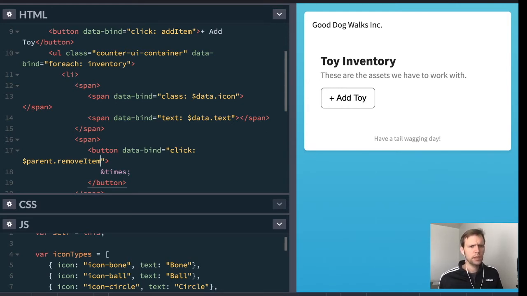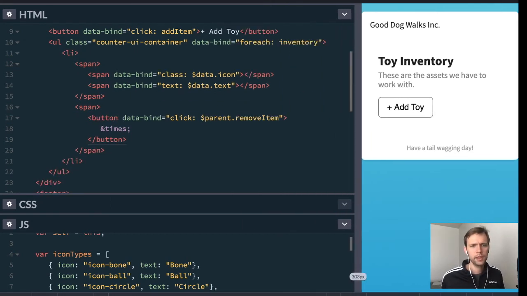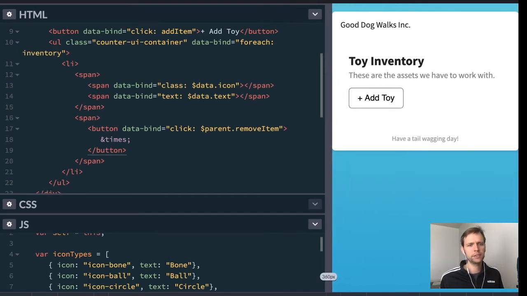And then finally, to remove it, we kind of need to tell it which one we're going to remove. And one way that we can do that is by attaching extra data to this element that we're clicking, so that when we click it, we can tell which one we need to remove. There's a few different ways to do this, but I wanted to show off the ability to bind a data attribute to an element that we have not covered yet. So we've got click here, but anytime you want to add multiple data bindings to a thing, you can comma separate them, which I don't think we've done yet, but comma, and then here's another magic word,